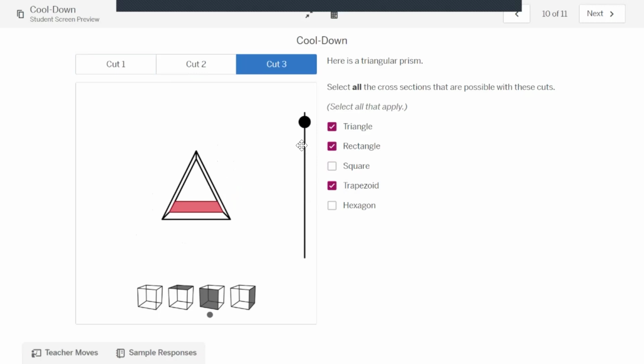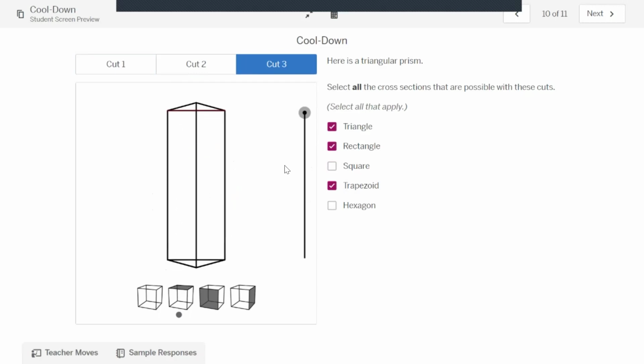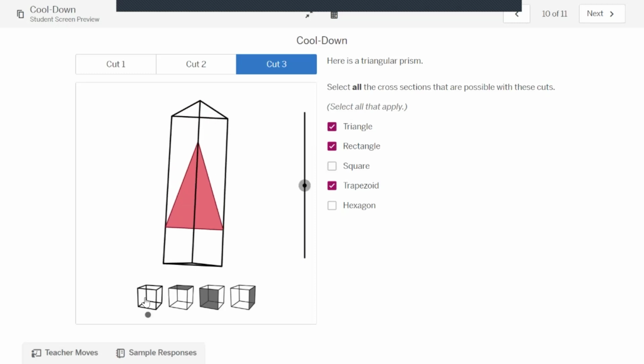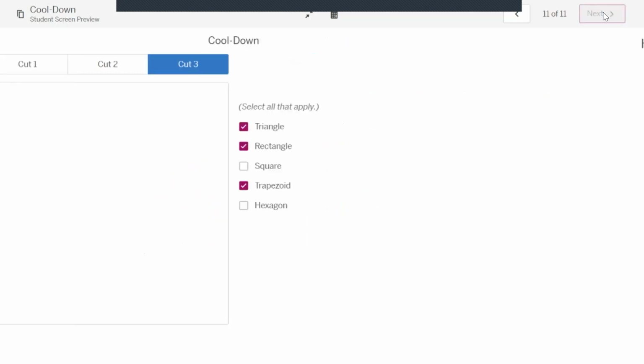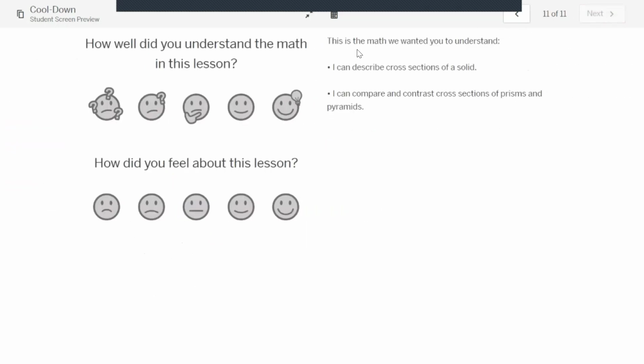So this will be still triangle. Okay, what's there? Still trapezoid. Okay. All right, there you go. And let's go ahead and